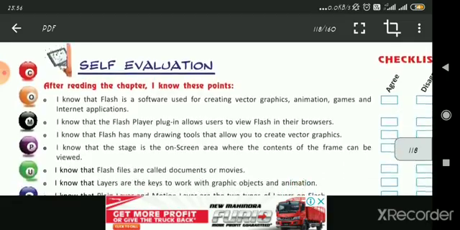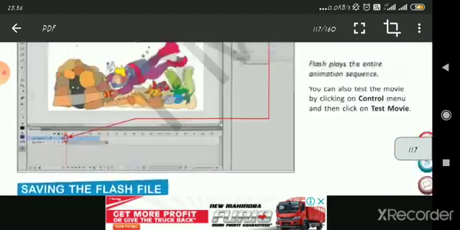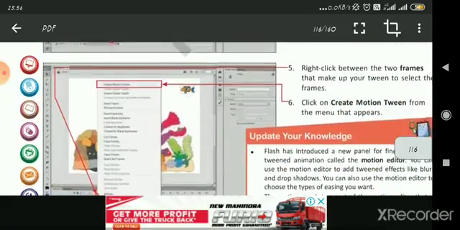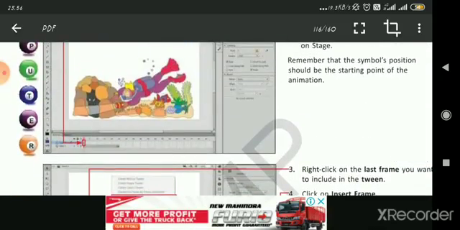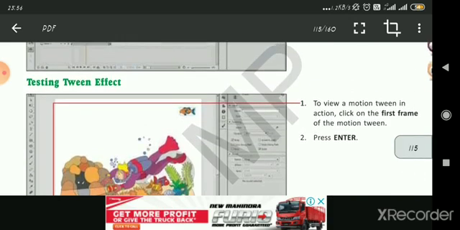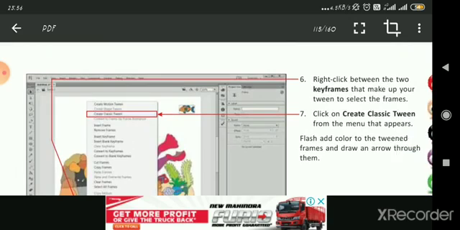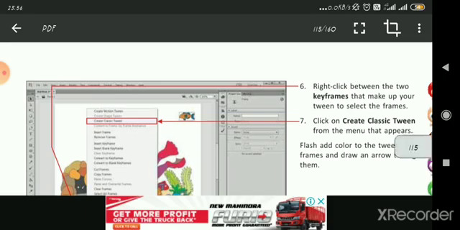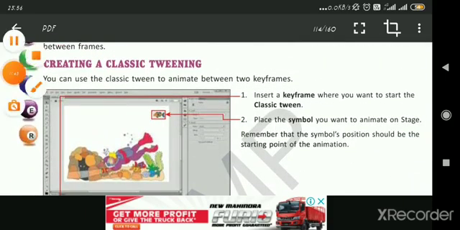So here students, we have completed our chapter Flash. If I get the software, then of course I will show you the practical of this also. Otherwise it is our bad luck that we didn't get the software, because Flash is now not available on the net also. It has been stopped by the company, so you will not get Flash on the net. This is why I have not shown the practical till now. But I hope if I get it from somewhere, I will surely show you the practicals of this chapter.